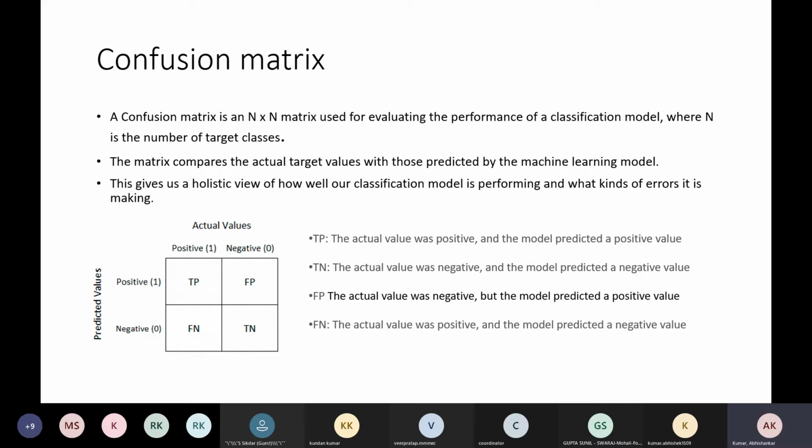True positive means the actual value was positive and the model also predicted a positive value. Let's say you are classifying dog versus cat, and you are interested in finding the dog.